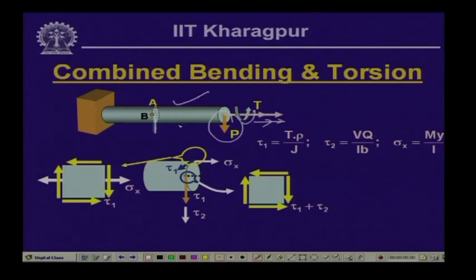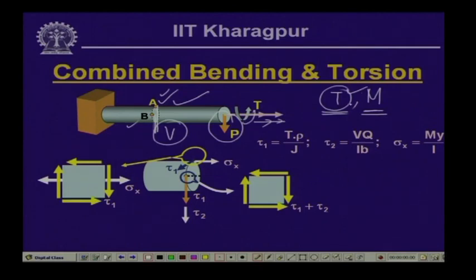So, this particular member, the cantilever beam, is subjected to the action of the twisting moment T and a bending moment M at the section where this A and B is situated. And also because of this particular loading situation, this cross section will be subjected to a shear force V. Now, if we look into the stresses at this section at points A and B, because of the actions of these individual forces, the twisting moment, the bending moment and the shear force,